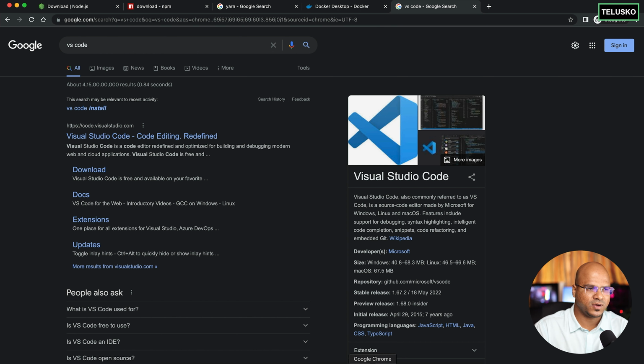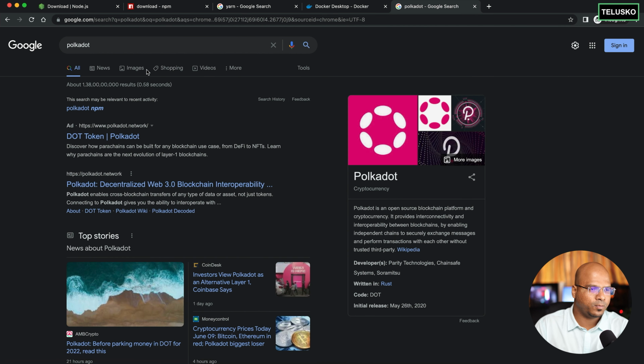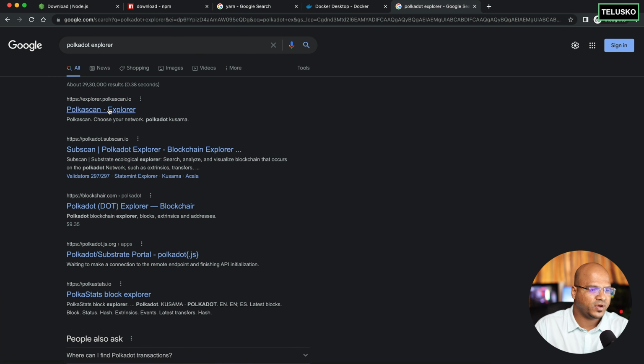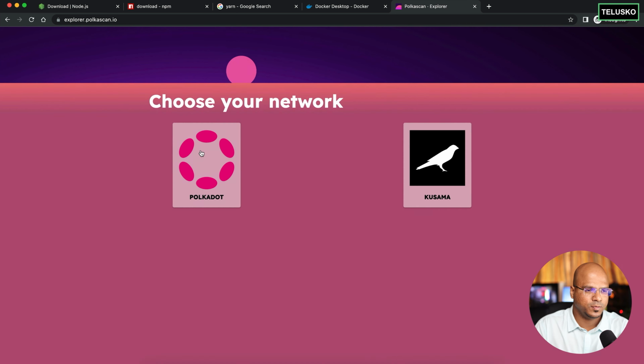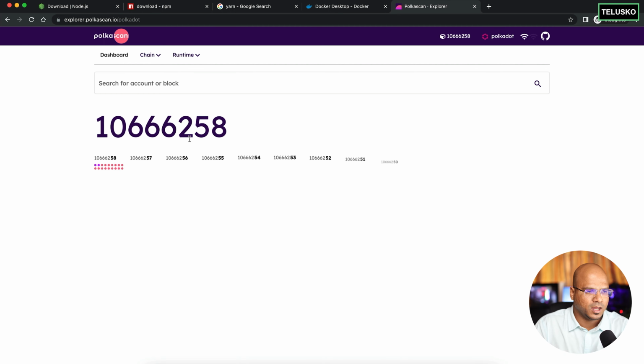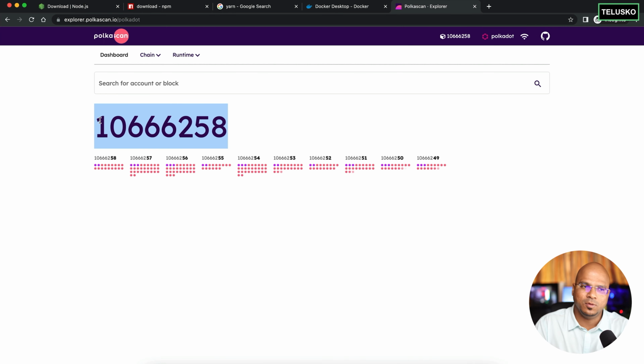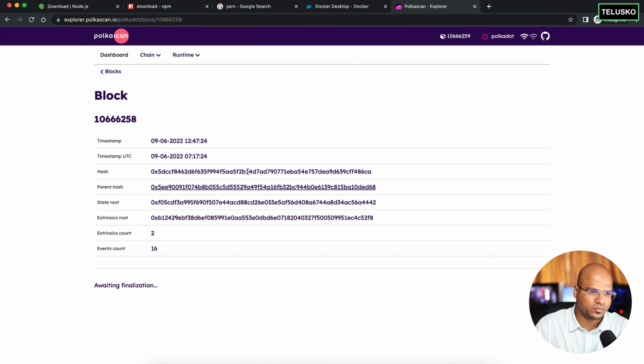If I go to my browser again, type Polkadot Explorer, and go to the first link here, we'll be using the Polkadot network, not Kusama. Basically, we just want to index all the blocks, and each block will have certain information, right? So I want this information. Every time it creates a new block, I want it to call our handler. That's what we want. Now, the only thing is, since we will be running this, it will start indexing from the first block. And that's the tricky part, right? We need to wait for some time to get the result, but until then we'll get some gist.